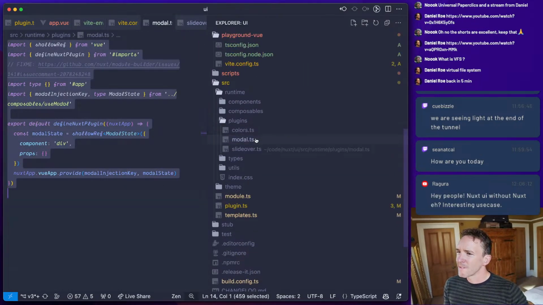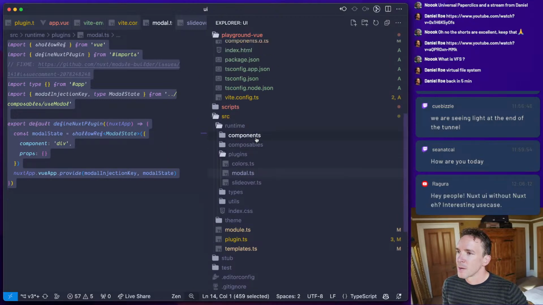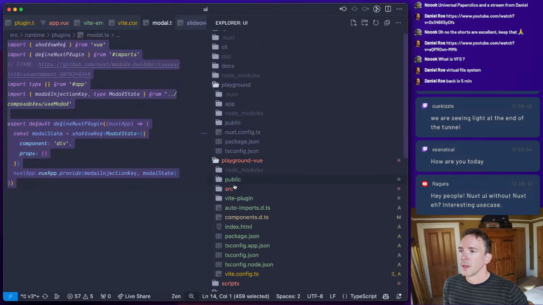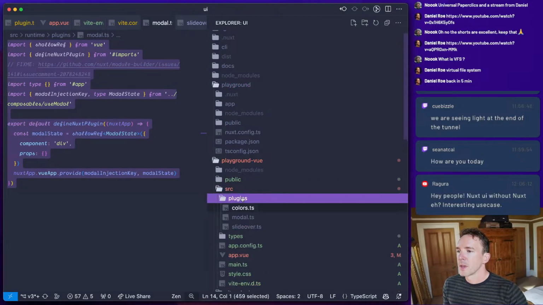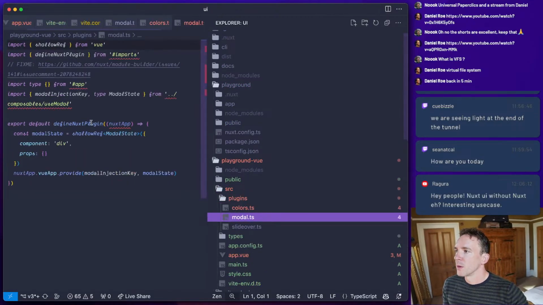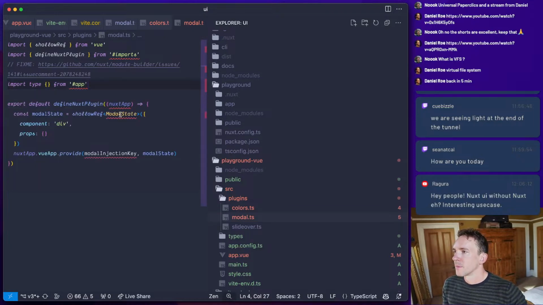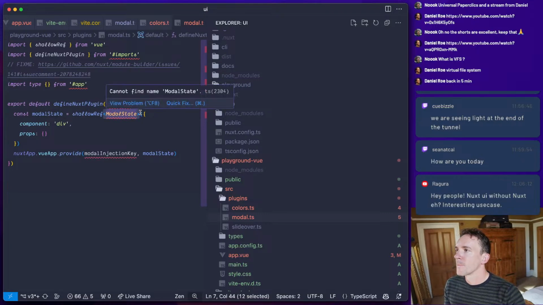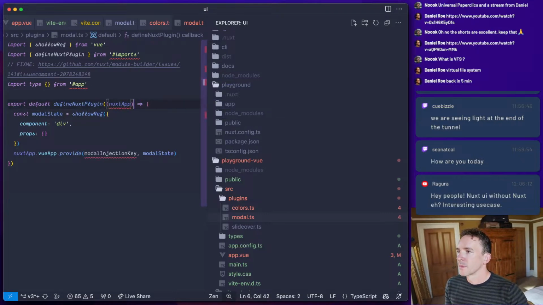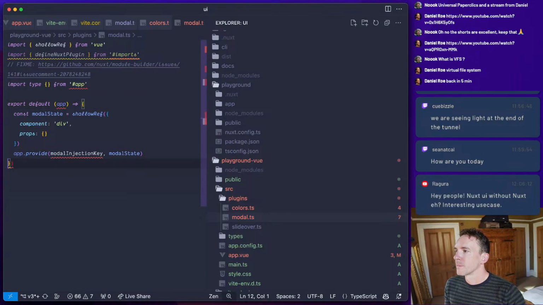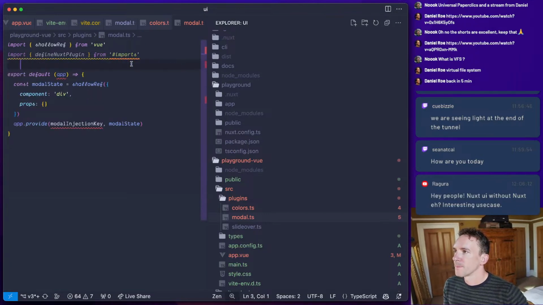Should we do that? Well, I'm just going to copy them for now, and we're going to stick them in here, and slightly modify them. So modal, it's just going to say, you're going to ignore all the types here. Right?